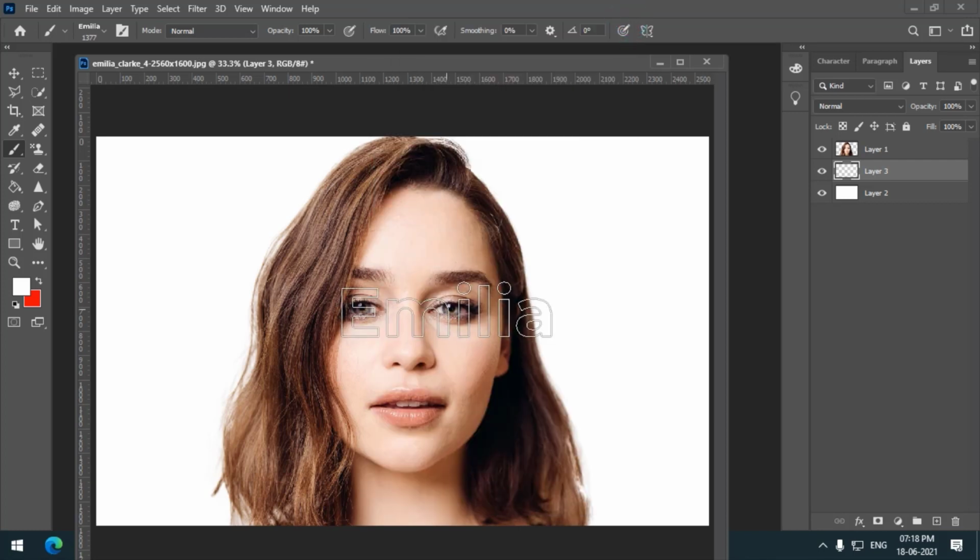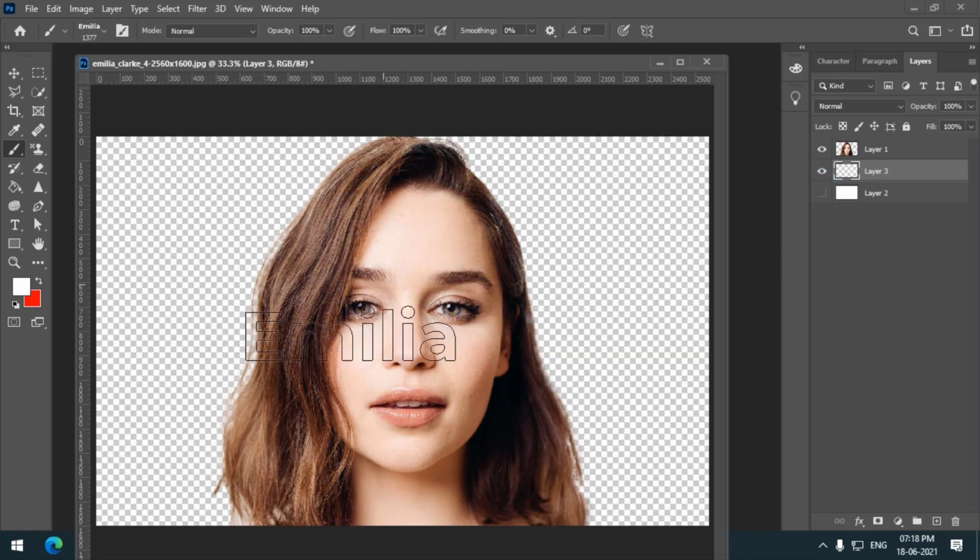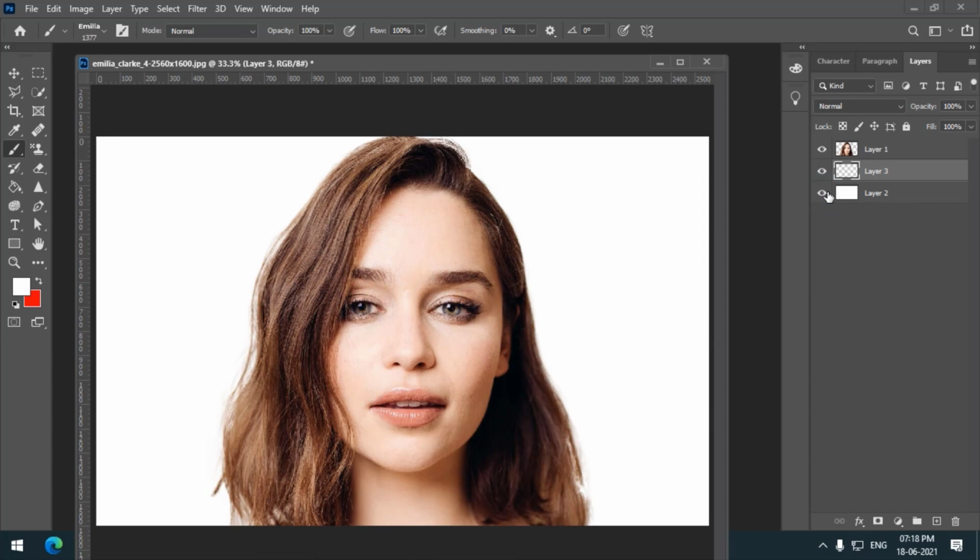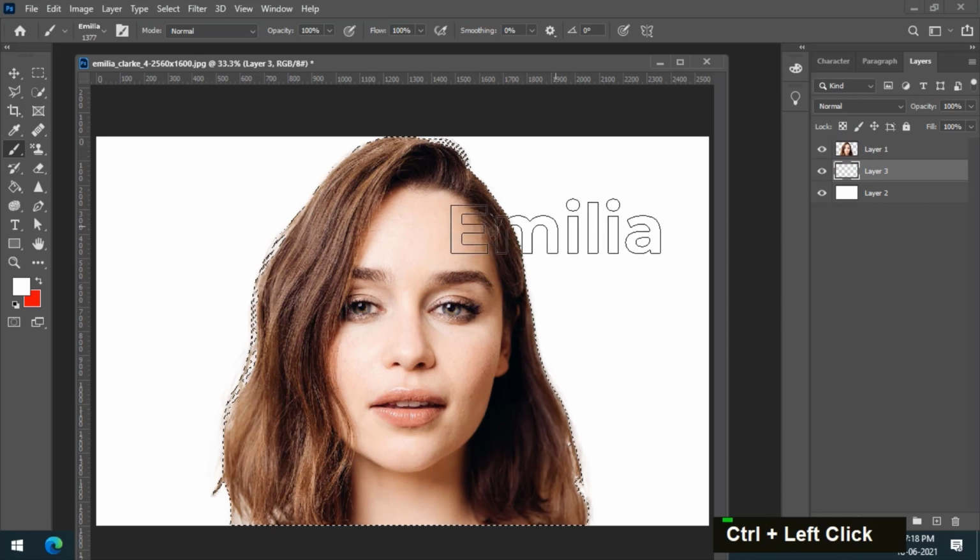Now what I want is a selection around this face, in short the layer. So I'm going to press and hold the Control key or Command key and click on the thumbnail, not on the name of the layer, so that it will select whatever the layer area is.